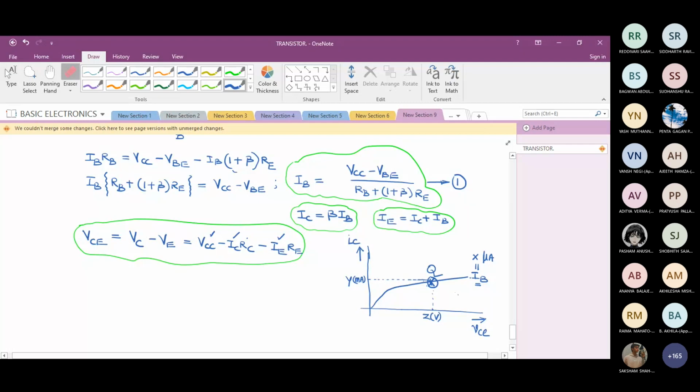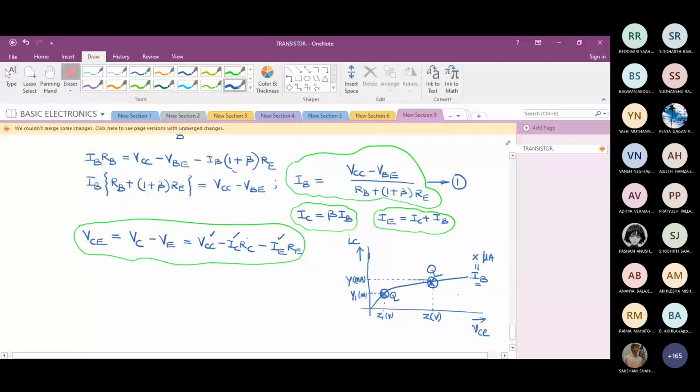Did I mention this when I explained output characteristics? So the Q point can be in saturation region. It can be in cutoff region. If the Q point is in saturation, suppose the Q point is here somewhere, I get this collector current, say Y1 milliamp, and the corresponding VC value is say Z1 volts. Where is the operating point now? Saturation region.